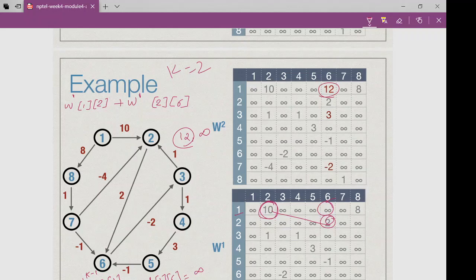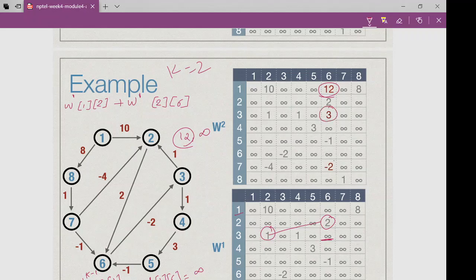Similarly we will move further. We will now see any other such i j. There is a path from 3 to 6. Previously 3 to 6 has infinity. And now 3 to 2, we have 1, plus 2 to 6, which is 2. We just have to add it, so 3. So between 3 and infinity, which is minimum? 3 is minimum, so we will make that entry.